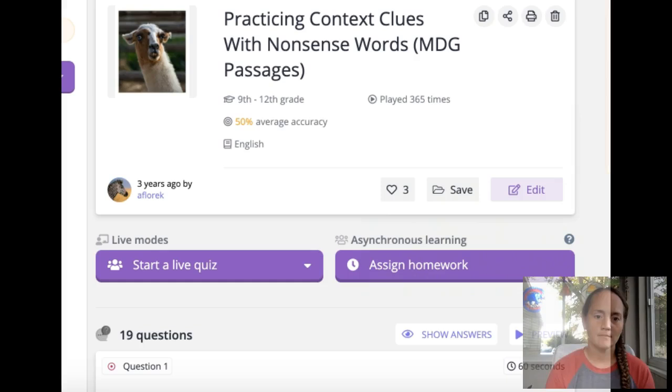Here we go. Now, this is the quiz on your agenda that's titled Practicing Context Clues with Nonsense Words. So I've taken Most Dangerous Game passages and I've replaced some of the actual words with nonsense words, and then we have to figure out what the nonsense words mean and come up with the correct meaning. But it's not just going to ask you the meaning of the word, it's going to walk you through the steps. So let's go ahead and take a look at our first one,